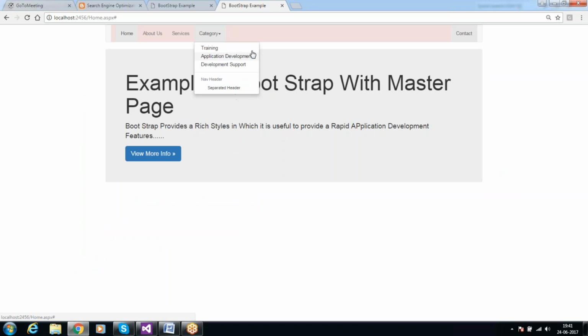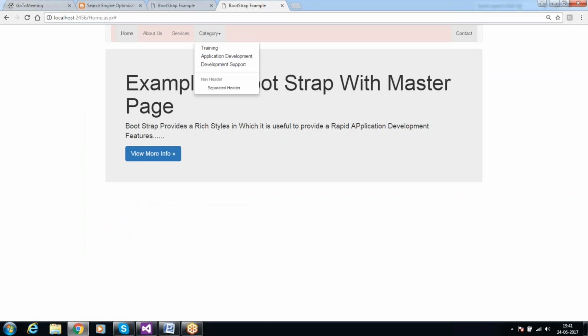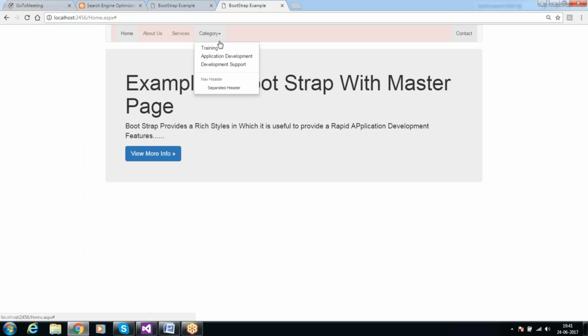Anchor tag representation, because we want to represent this class. So dropdown-toggle and data-toggle dropdown, role is button, aria-expanded is false, aria-haspopup true. Suppose you want a pop-up kind of representation, we can make use of this class. Aria-expanded: suppose when you click on this, here we have a submenu,